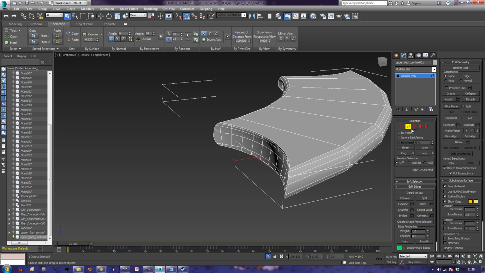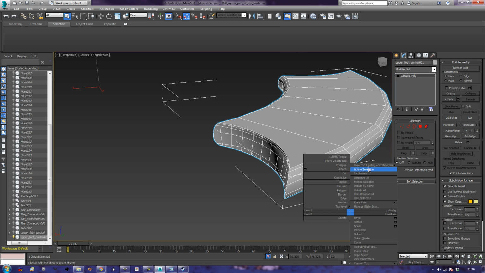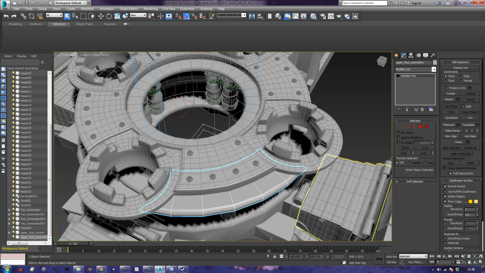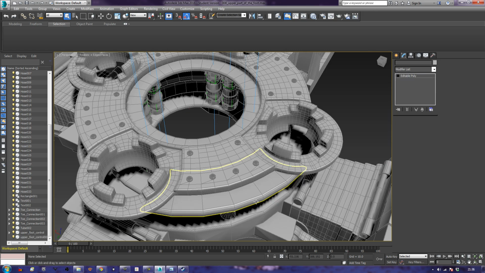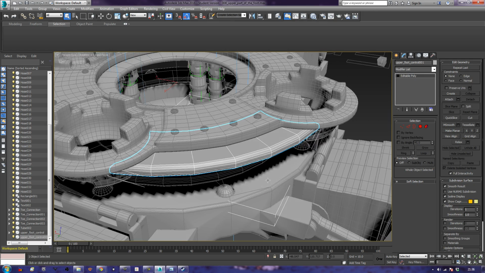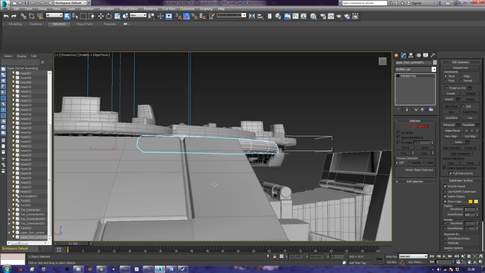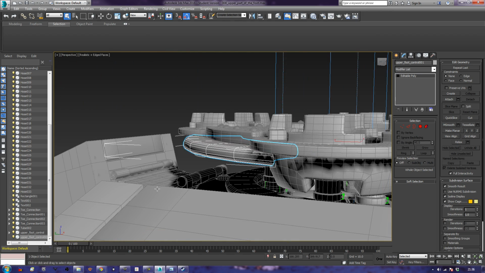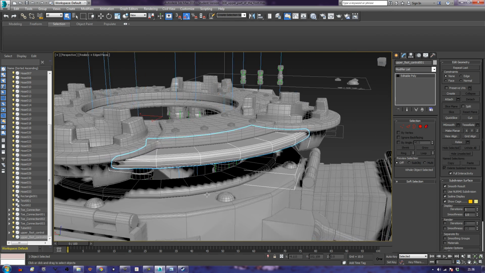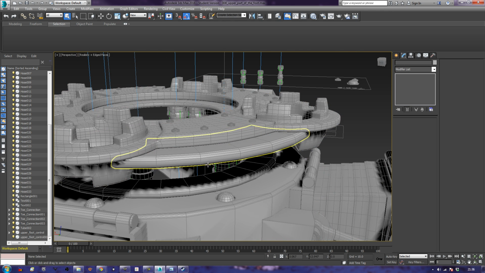So end isolate. Got this part selected, and it is literally connecting to the piece. Okay, well in that case I'm not too concerned about chamfering that edge in, to be honest. Let's see, I'll isolate this again